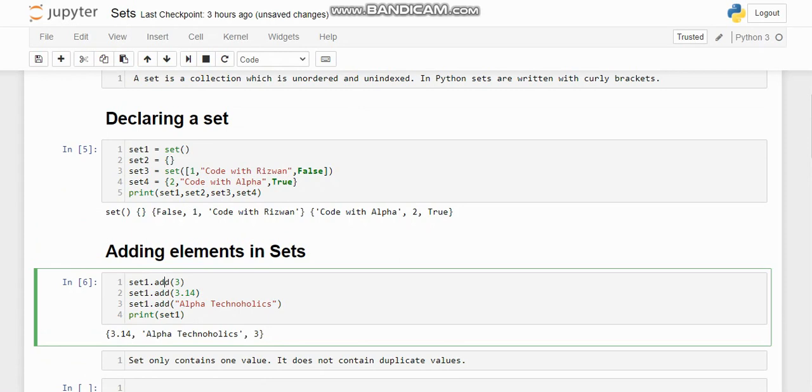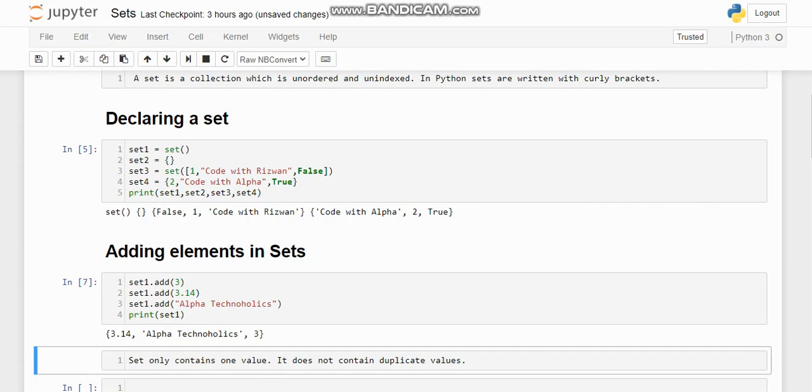First I added the integer, then the float, and then the string, but it did not add in that order. That is why it is unordered and unindexed as well, because we cannot give an index; we don't know what the order is. Every time the order may change. If I run it again, maybe it can change or maybe it may not. Okay, it did not change, but sometimes it does.